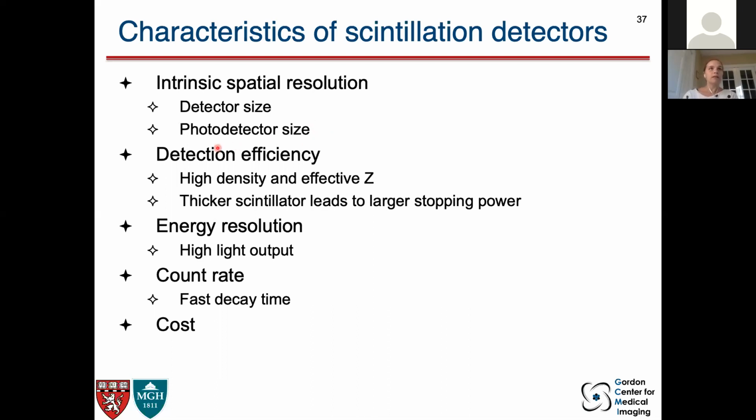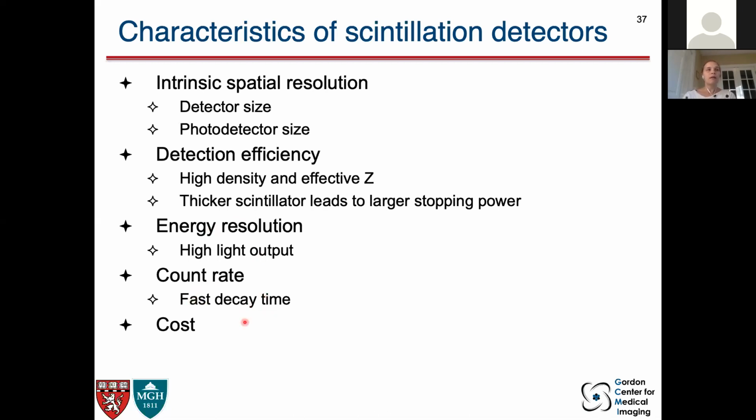And second is detection efficiency, and we want high density and high effective Z to stop as much radiation as possible. This property is more important for applications where we have higher energy radiation that we want to measure. And energy resolution is another important factor, which is determined by the light output of your detector that we talked about. And then count rate, we want fast decay time to avoid pulse pileup if we have high count rate